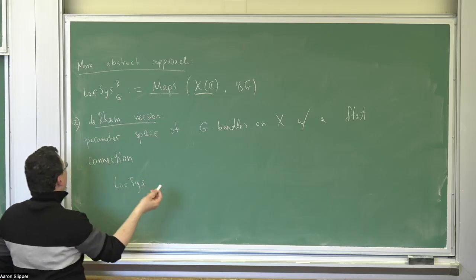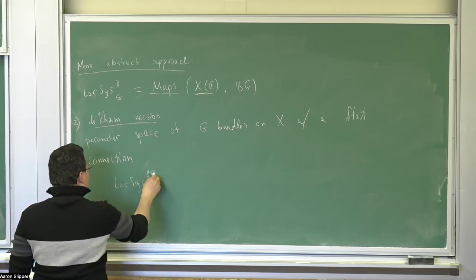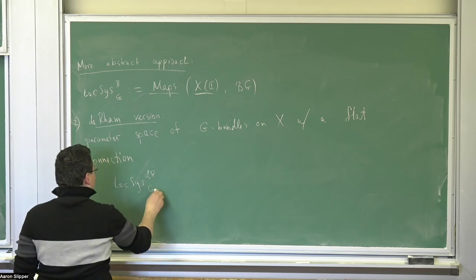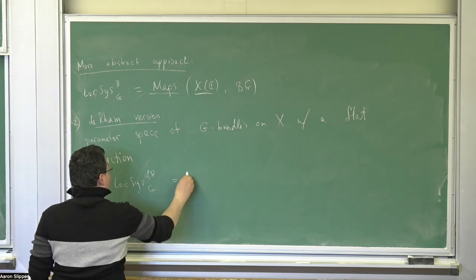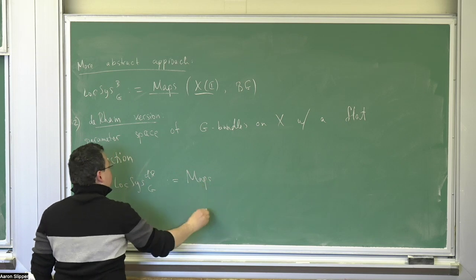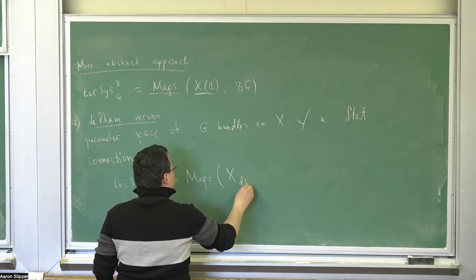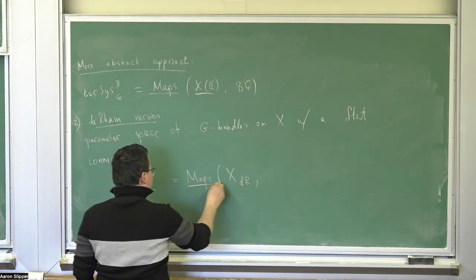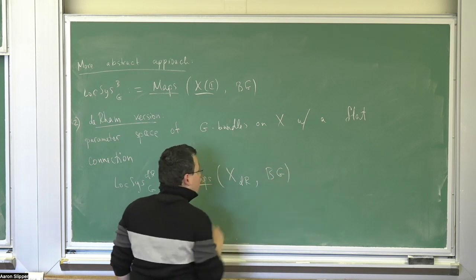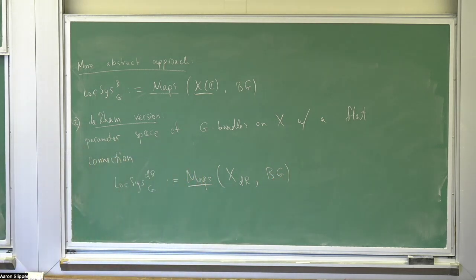Let me give a more precise definition. In the spirit of this one, the deRham version, this we will take as our official definition. We can take the deRham stack of X and take the mapping stack from that to BG. I'm sorry, I do have a question about the earlier. So BunG is literally if you just drop the deRham of X, and just consider maps from X to BG.